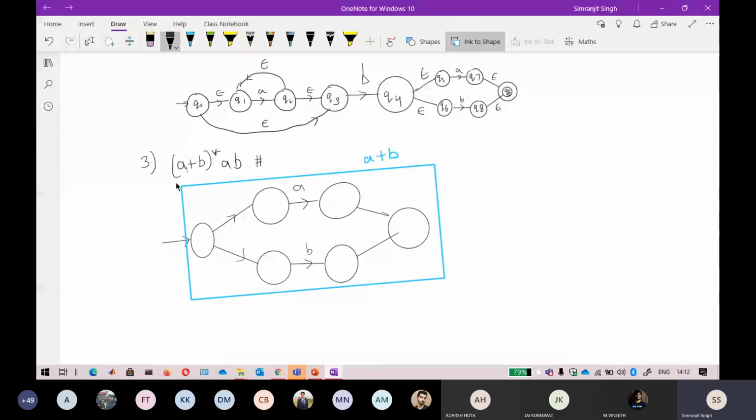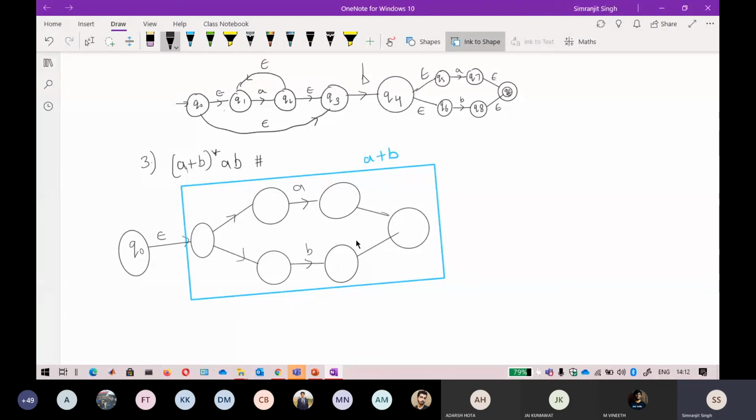Now if I want to include this star, what do I do? I take this one, Q naught, that is pointing towards that, also Q naught that is going towards it. This is your epsilon move, and it can go directly to the final state.